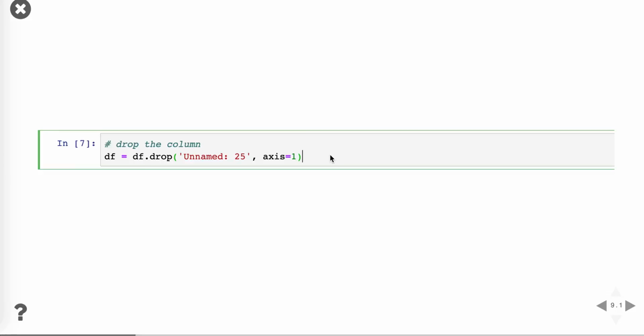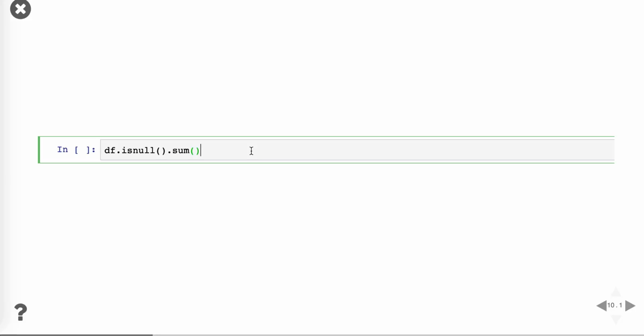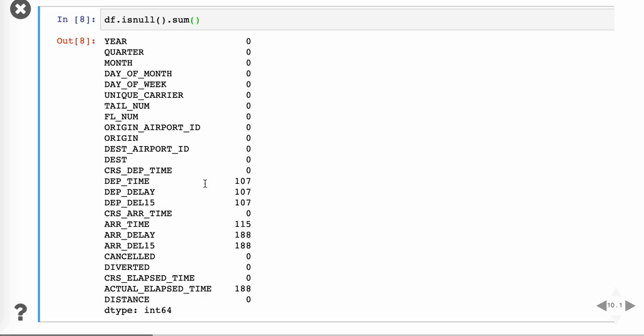and it has deleted but we don't know whether it is deleted or not. So let's see that by running the same previous command. So let's run this now. Now you can see the last column is missing here, the unnamed 25 is no more available here.